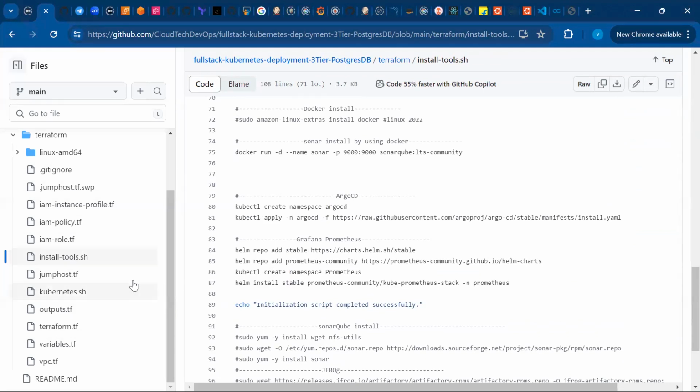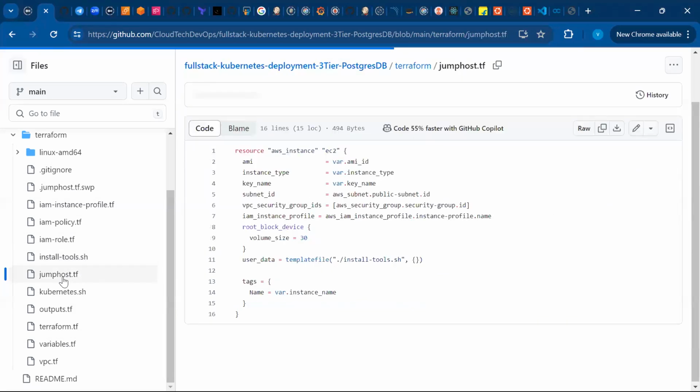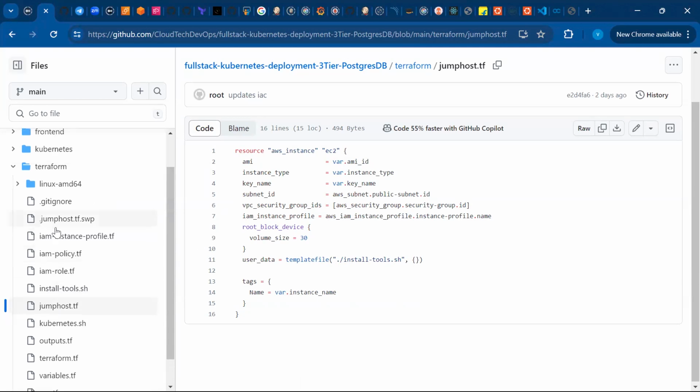Okay. And jump host TF means we can call this the jump host server. By using this jump host server, we can control everything. Yeah, if you can see in the jump host server, I'm not hard coding anything. If you can go to the first step,